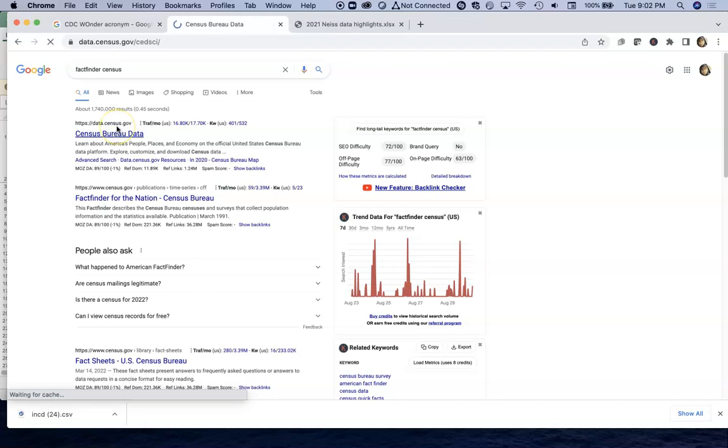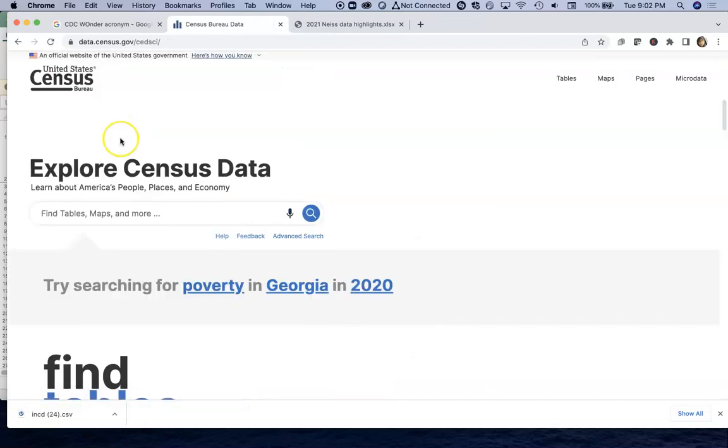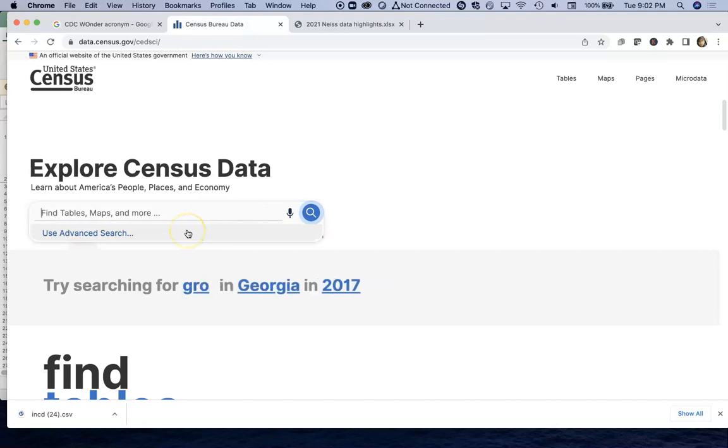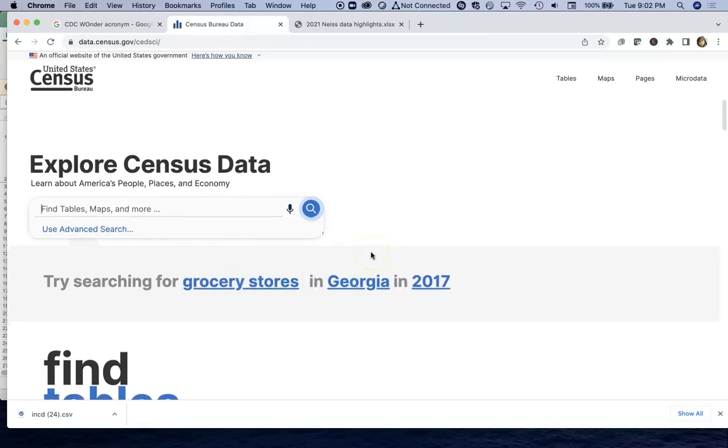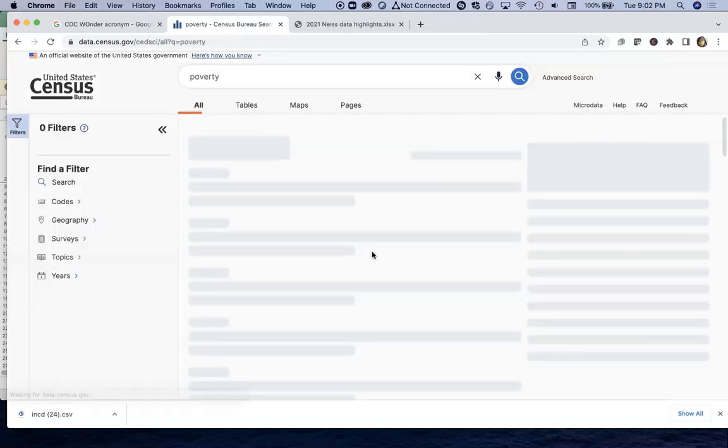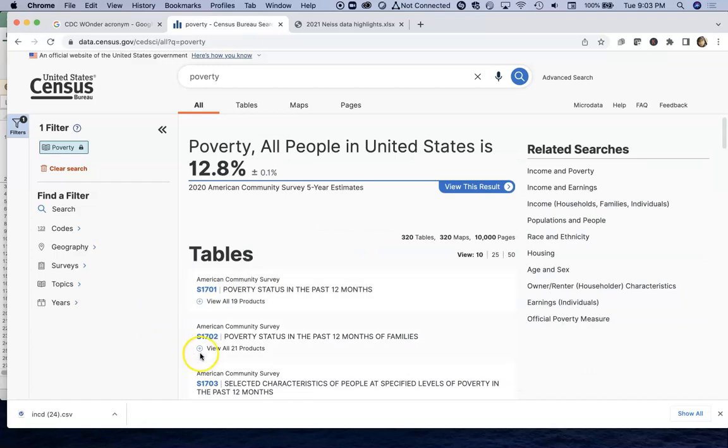It used to be called the U.S. Census Bureau Fact Finder, or factfinder.census.gov, and you can get information about all kinds of things, from poverty to unemployment, through using the census data set. So a lot of it's query driven. If I was to type in poverty, you'll see all these different